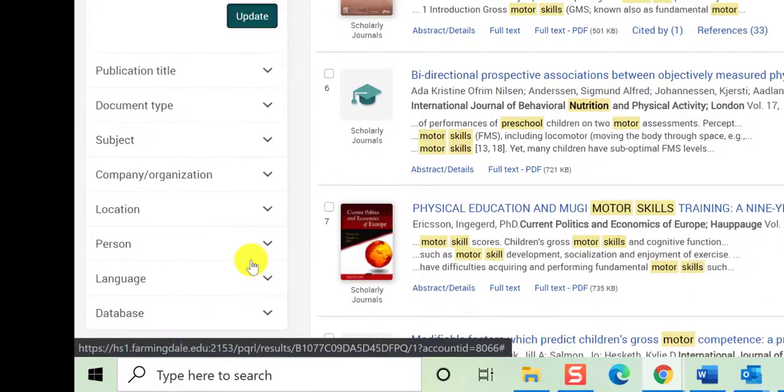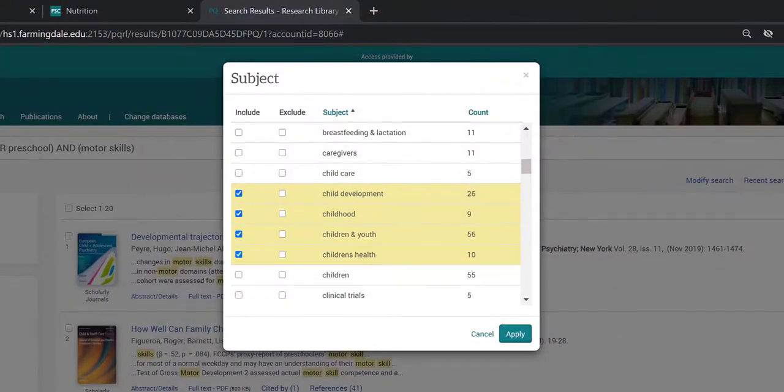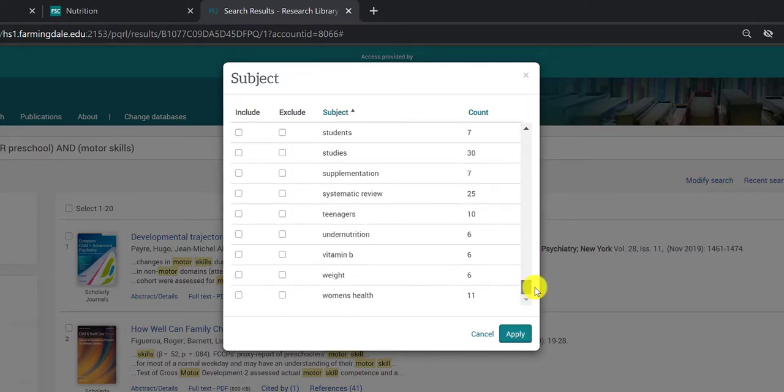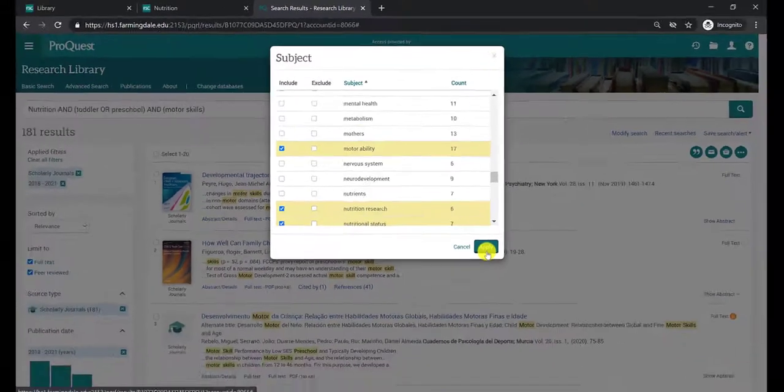Finally, if you find that you still have too many results, you can go to the subject limiter and click More. What this will do is give you a list of all the subject terms that are associated with all the results in your list. You can click these terms to quickly narrow to articles that are about these topics. I've selected many more than you're seeing right here, but all you need to do is click the checkbox that says Include, and again, it will narrow your subsequent searches to only those articles that contain these subject terms. Once I click Apply,